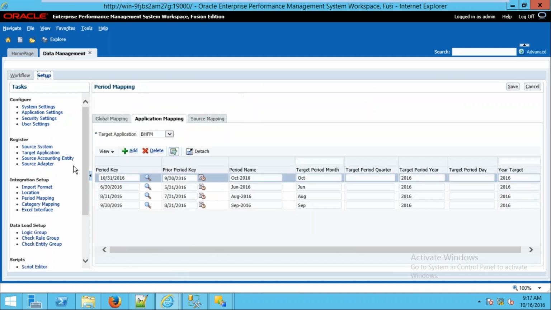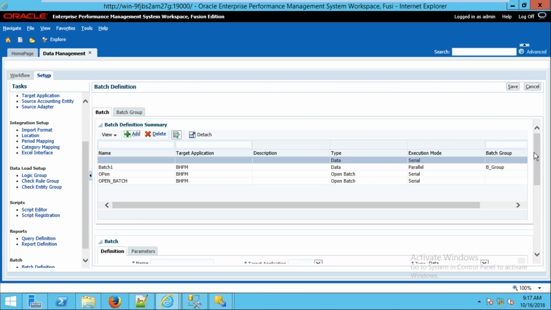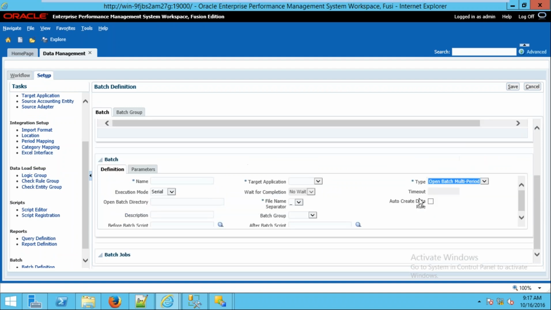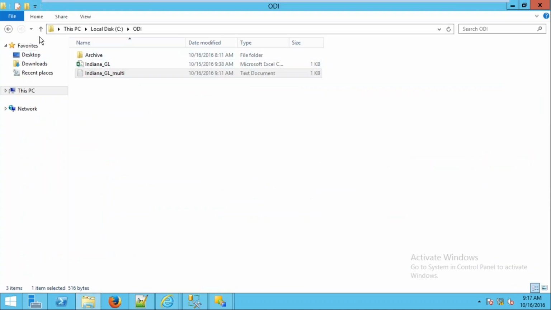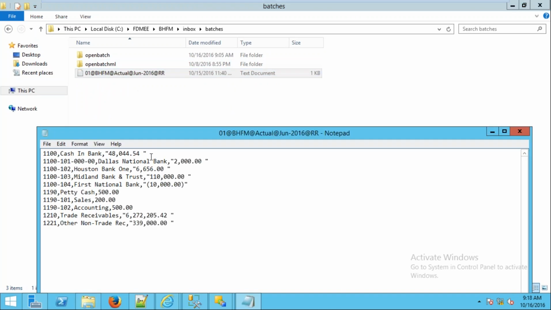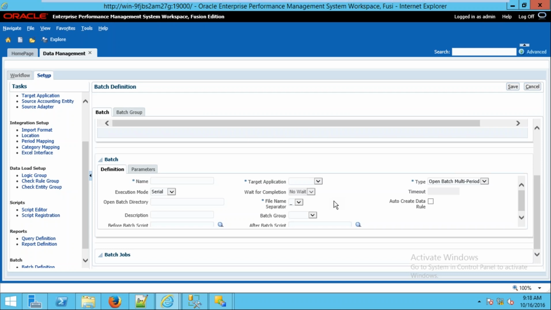At the same time, for open batch, what we discussed previously, there you also need to put the open batch multi-period over here, and the same import format that you need to use for that loading. Let me go back here. In the batches also you need to give the multiple period data loading. So you can use the same import format for that location, and you need to give the multi-period locations. The multi-period target application is BHFM,